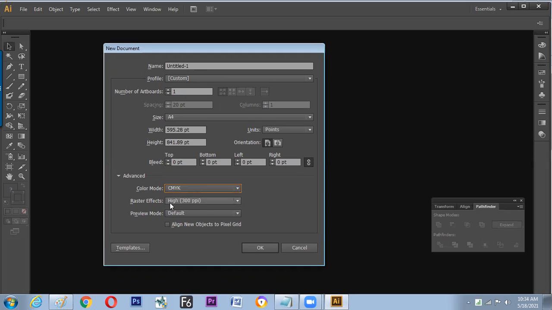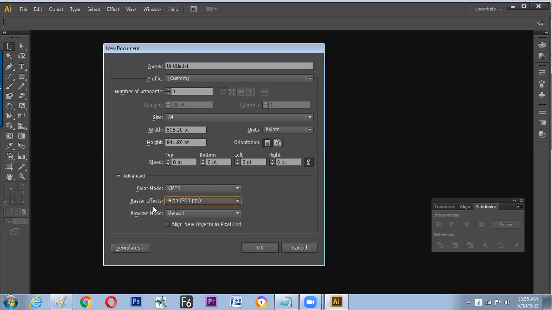And yes, if it is going for print, then print always happens with dots. And if dots, then how many dots we want in a particular square inch, we can mention. Higher dots, higher details. And 300 is the preferable dots per inch or pixels per inch for print. But if it is something on screen, only to display on television and computer, 72 ppi is enough.